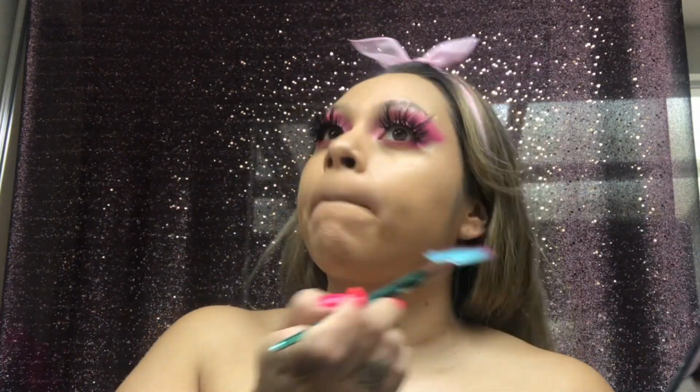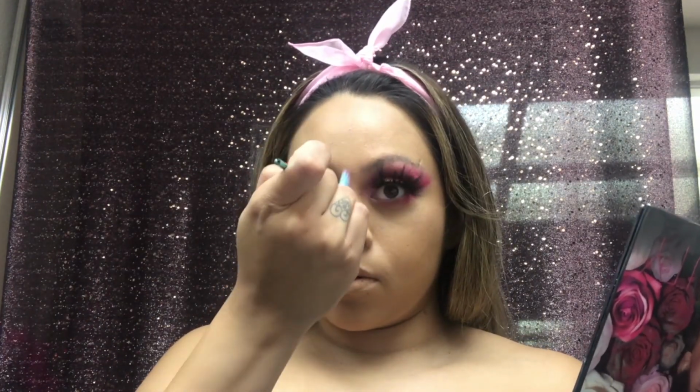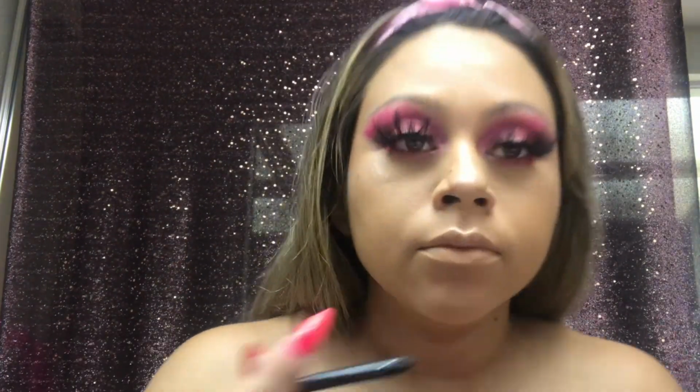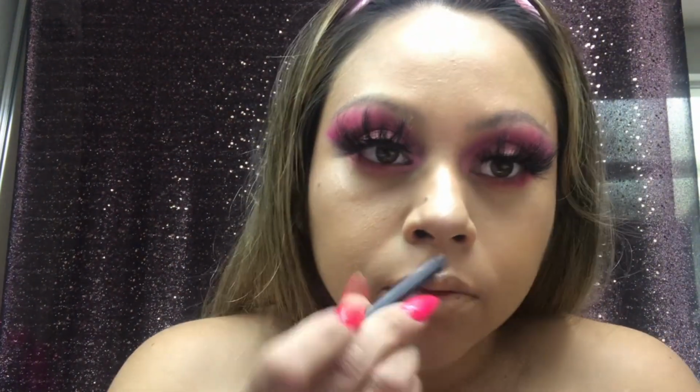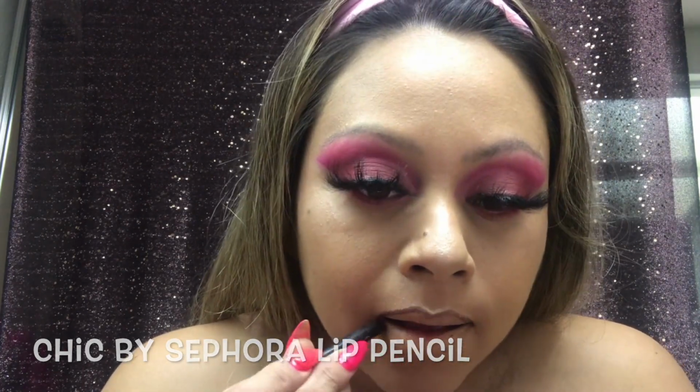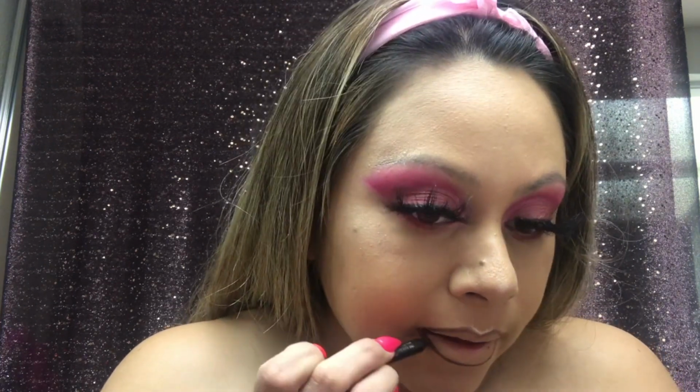And I'm just kind of blending that in with that original brush I was using. I'm going to go in with some lipstick. Well, this is actually a lip liner in brown. I'm just outlining my lips here and giving myself a little bit of a shade in the Anastasia Beverly Hills